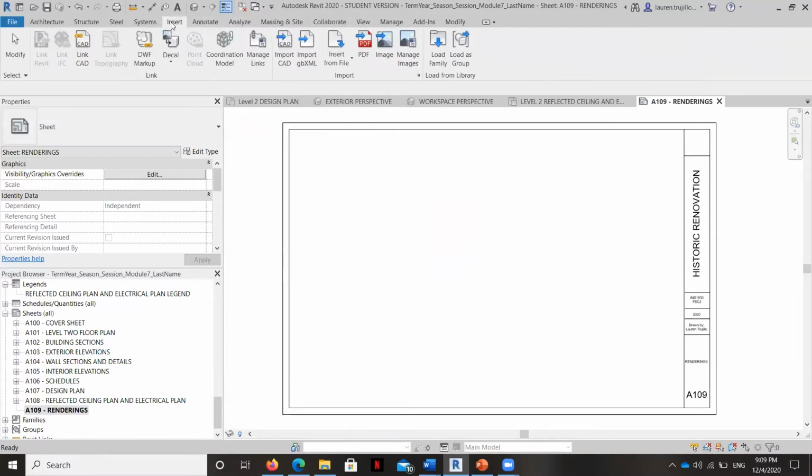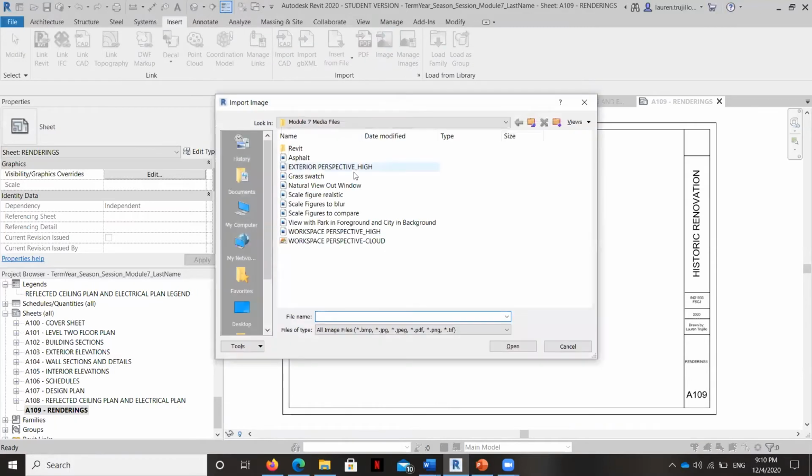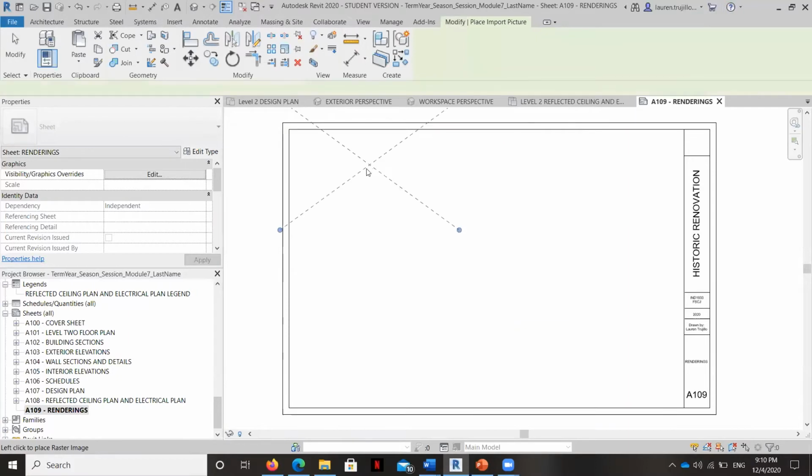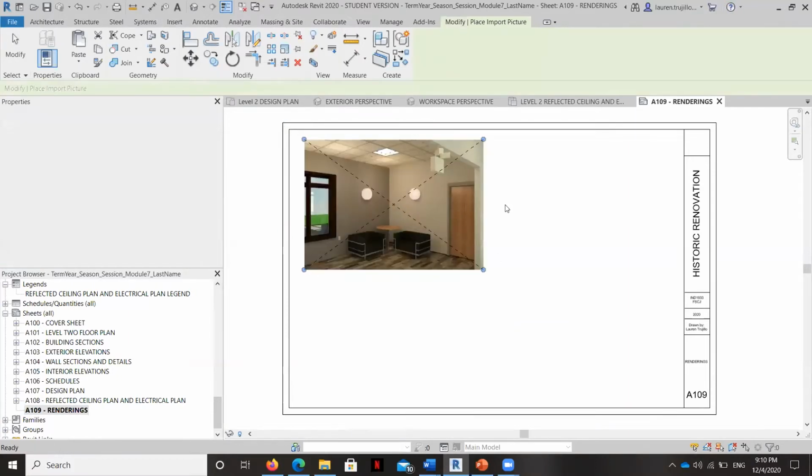So I'm going to hit the insert button and we'll go ahead and place an image in here. And it's going to just let you browse through the image. I'm going to start by putting in the one that we created within Revit. We'll put it right here.